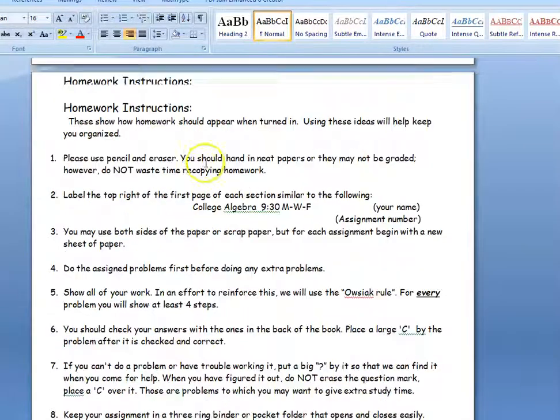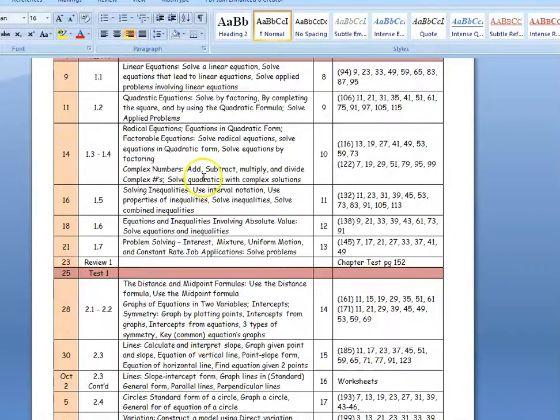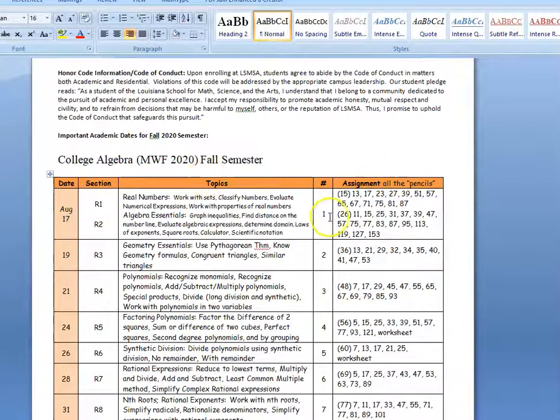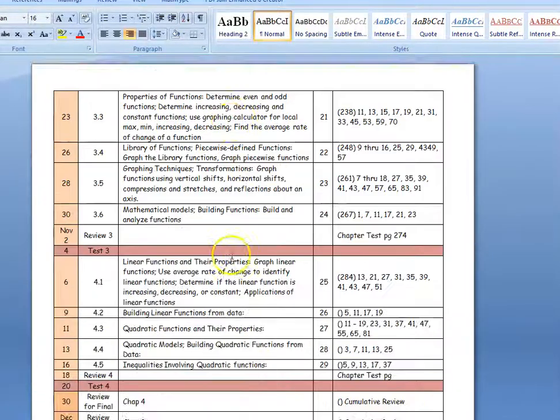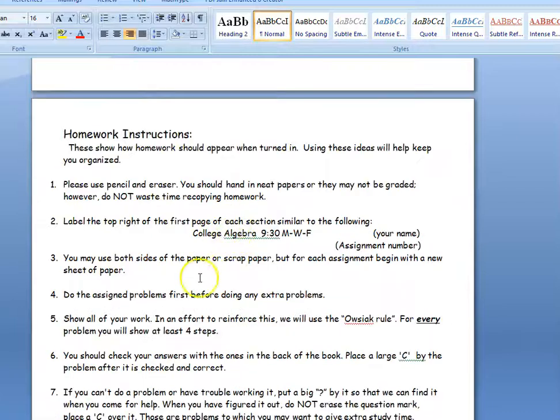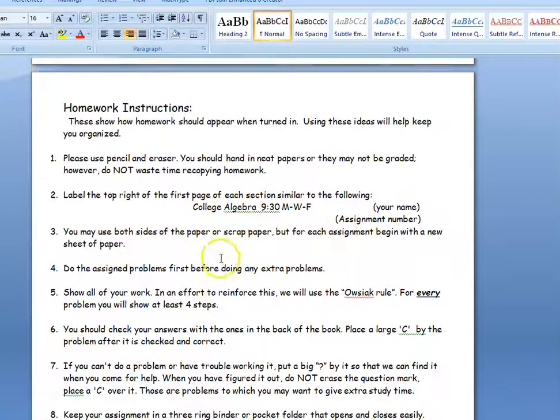When you do that first assignment, it's called homework 1. You can use HMW 1. It has all these problems from these two pages. Take a picture of those and turn them in on or before Wednesday. Label them so I know who you are and which assignment number, 1, 2, 3, 4, 5, HMW, something like that.